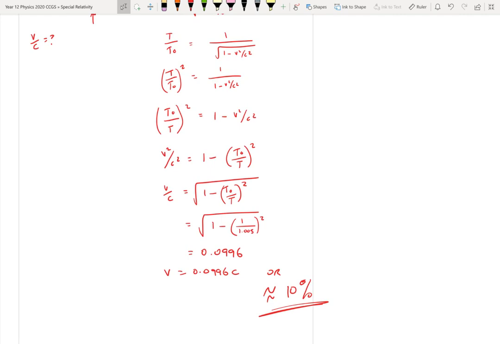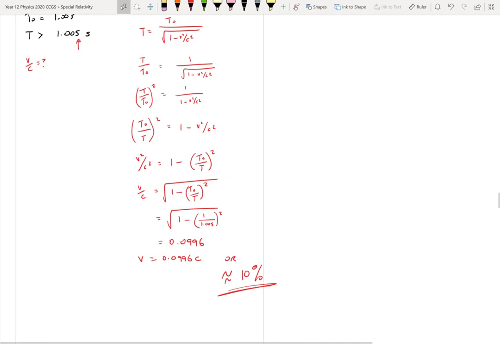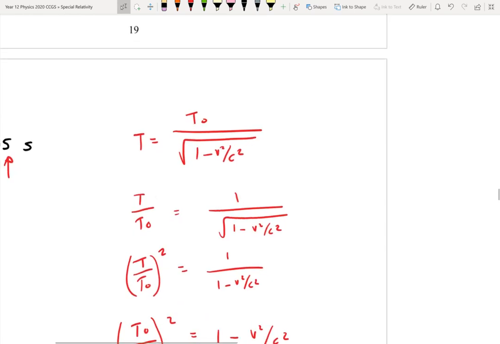If you ever see values where the velocity is less than 3 times 10 to the 7, theoretically you shouldn't need to worry about it. I think I've thrown in a question, and there was a question in last year's WACE, I believe it's at the bottom of your page, that says, show why speeds of 100 kilometers per hour do not require relativistic effects. Well, you're basically saying convert your 100k into 27. You're saying 1 over the square root of 1 minus 27 on 300 million squared. It equals